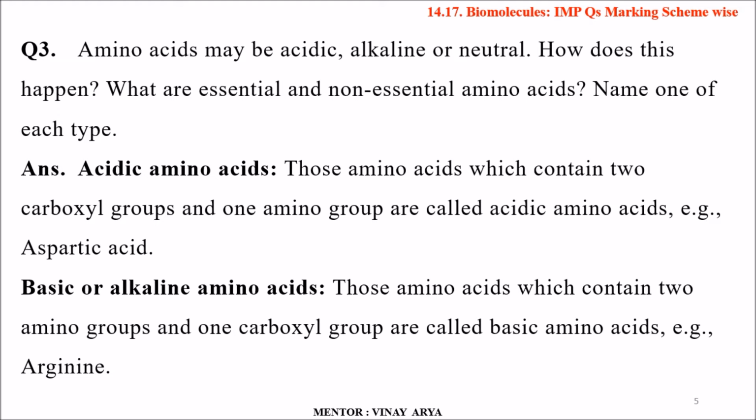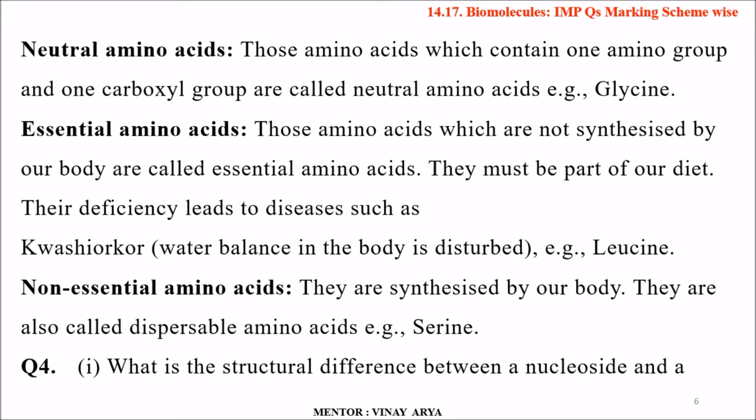Acidic amino acids, those amino acids which contain two carboxylic groups and one amino group, are called acidic amino acids. Example, aspartic acid. Basic or alkaline amino acids, those amino acids which contain two amino groups and one carboxyl group, are called basic amino acids. Example, arginine. Neutral amino acids, those amino acids which contain one amino group and one carboxyl group are called neutral